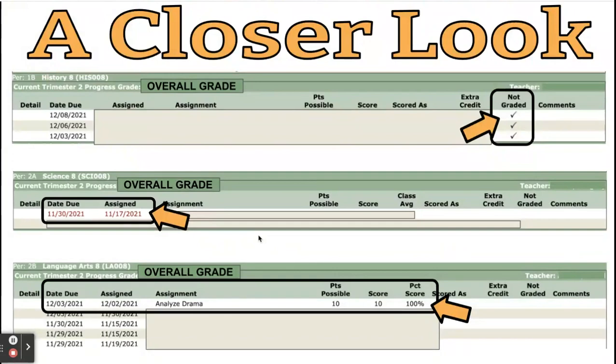The next thing I want you to notice is if the assignment is red. Red means that it's a missing assignment. So if you see anything in that assignment list that's red, that means it hasn't been turned in yet, or possibly your child turned it in late and the teacher hasn't gone back to the grade book to enter it yet. But really, what we want to see is the due date for the assignment. We want it to be in black with the possible points, the score, and their percent. This student has done a great job getting this assignment turned in, and that's impacting their overall grade. So those are three things you might look for.